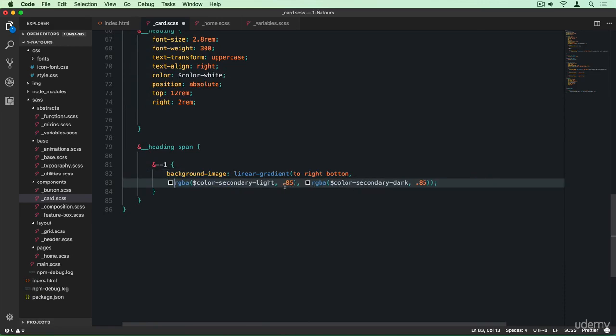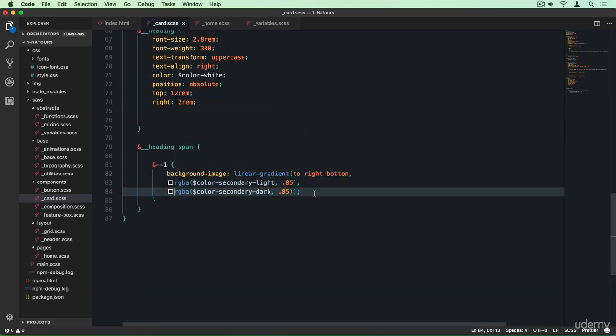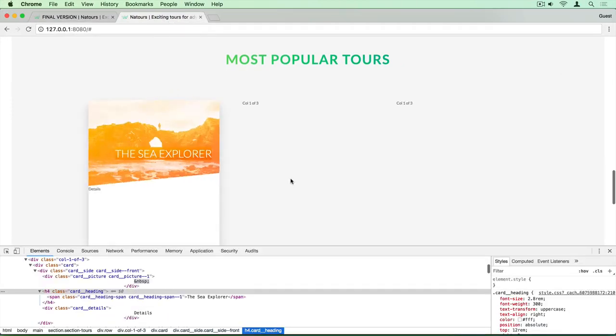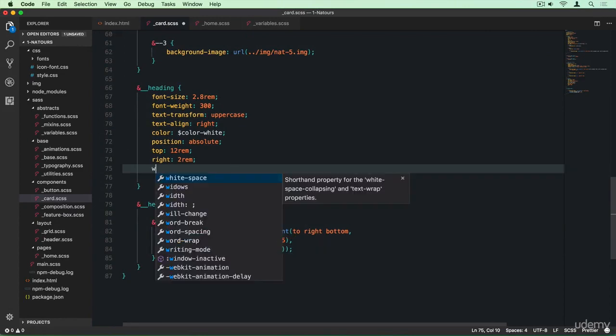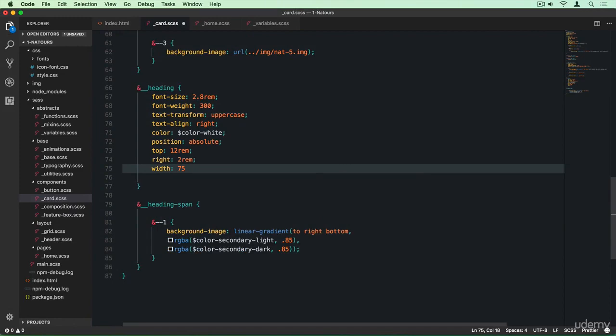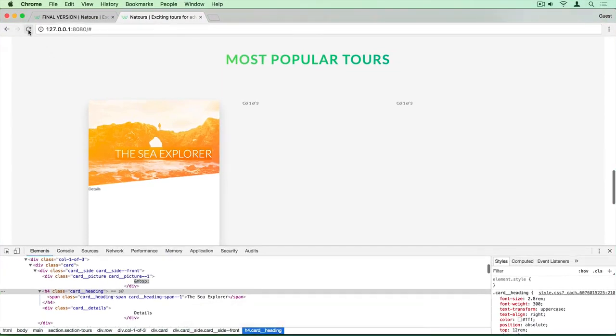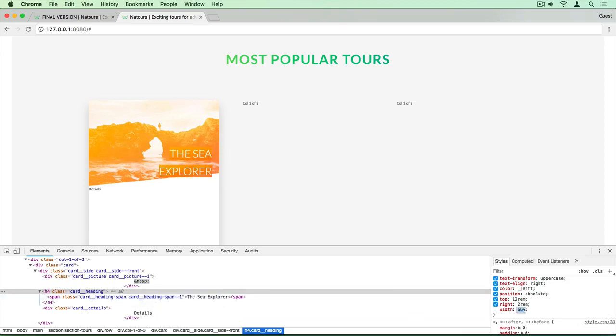Let's break it up a little bit here. All right, so let's take a look now. All right, now let me make this slightly narrower, okay? So give it a width of not 100%, which it has right now because it's a block element, but give it just 75%. Sorry about that. And well, that didn't change anything. Why is that? Let me see what happens if I decrease it even further. Okay, yeah. So it should simply be a smaller value here, okay? So if we go to 100,